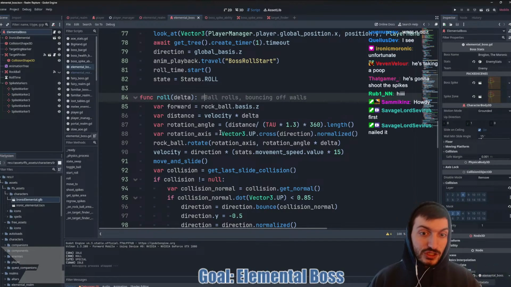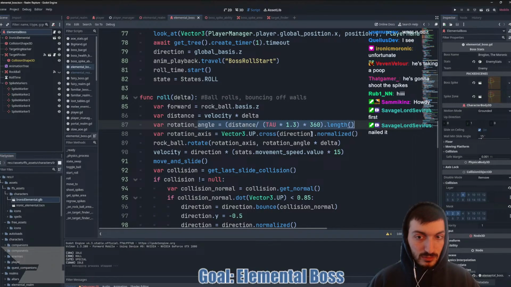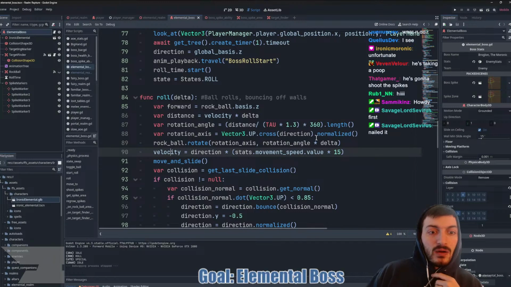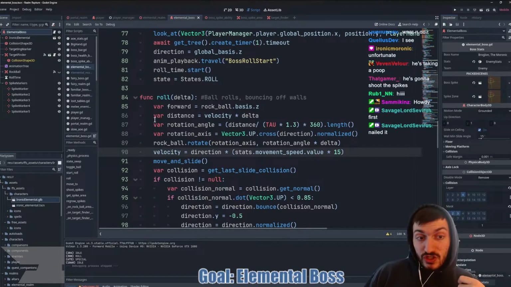Then we got the rotation axis, which is just Vector3 up crossing the direction, normalized, which switches it to between 0 and 1. Then we take the ball and rotate it based on that rotation axis and the rotation angle multiplied by delta. And we set our velocity to direction times stats dot movement speed dot value times 15 because we're going super fast. Now, maybe the velocity needs to go up more before we do anything else.